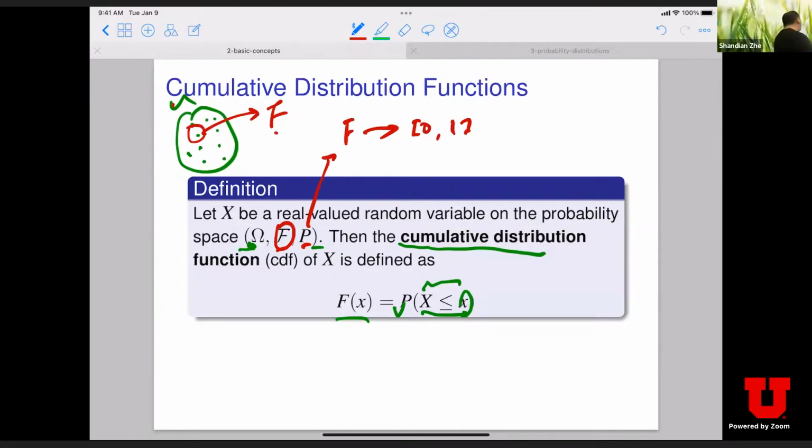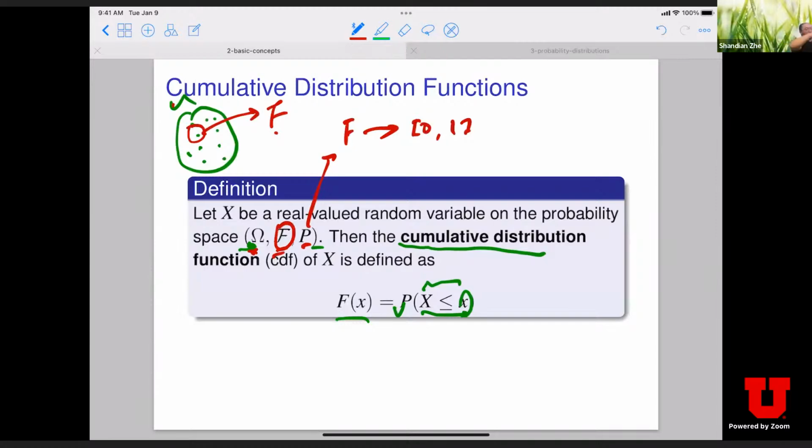But if we just rely on this triplet to define our probabilistic models, it will not be very convenient, because in practice different random experiments are very different, right? We want to find some commonalities among all those different kinds of probabilistic models. That's why people came up with another kind of mapping. Why not just map those events or samples to numbers, right? Because in the abstract world, mathematicians are used to dealing with all kinds of numbers: real numbers, integers, natural numbers, or even complex numbers.